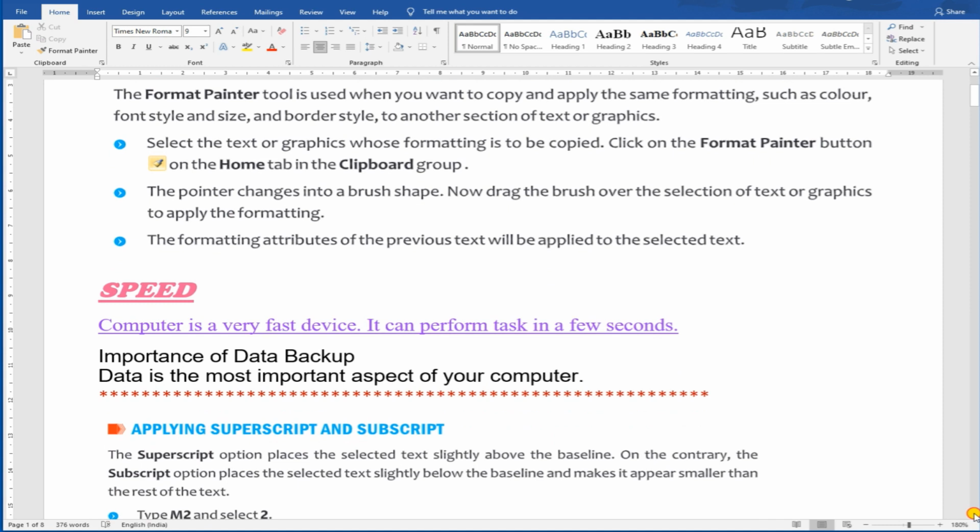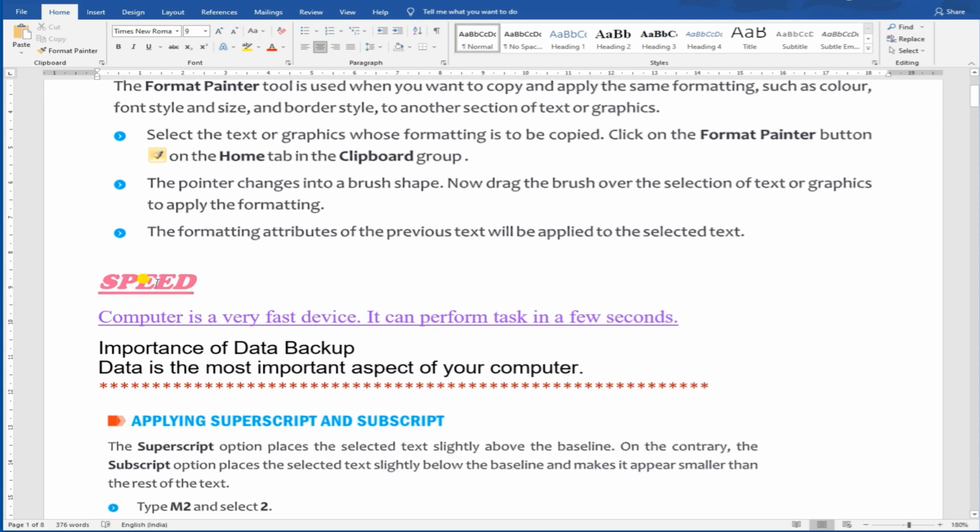Here you can see in speed, I have used Cooper Black as font style, 18 size, italic, underline and a different color. Now I want that each and every heading in my document should be in the same style: Cooper Black, 18 size, italic, underline in the same color.